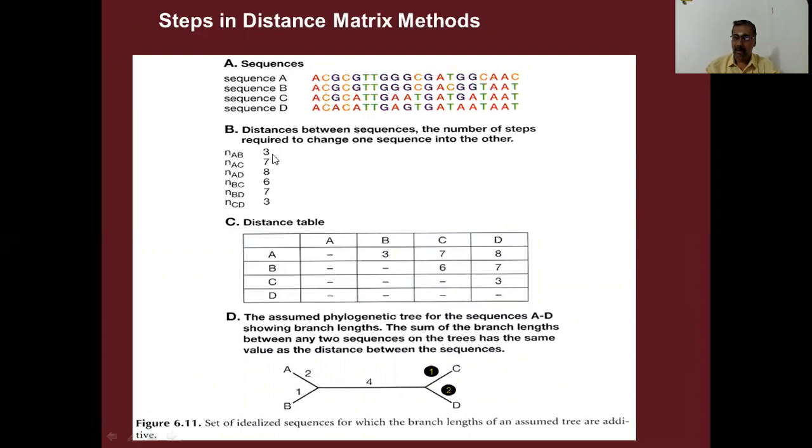Three mismatches. So like that, after aligning multiple sequences, every pair of sequences should be looked at for the number of mismatches to create a distance table. Here distance is nothing but the number of mismatches. So you create a distance table, and from the distance table, you predict a genetic tree.